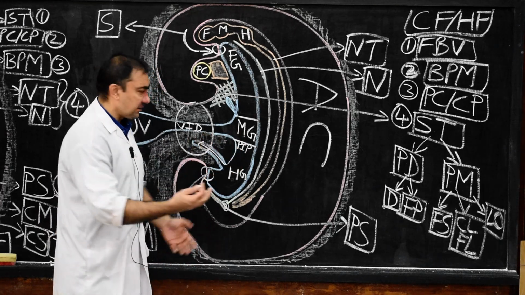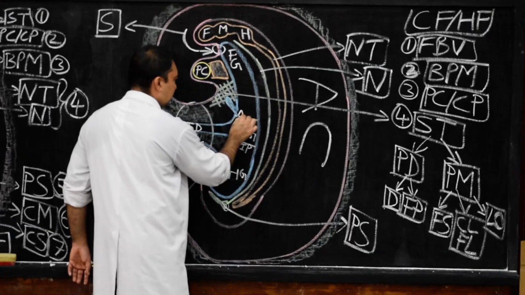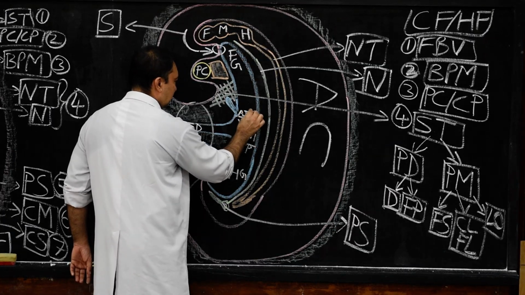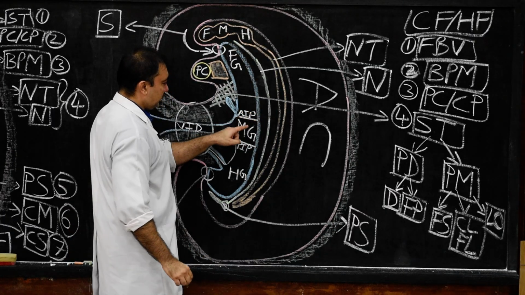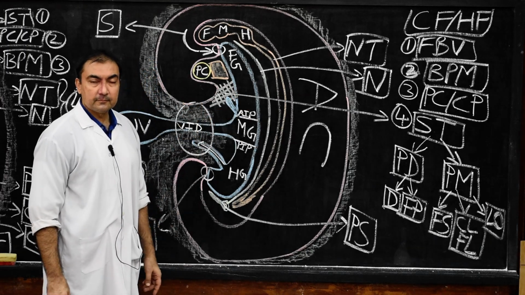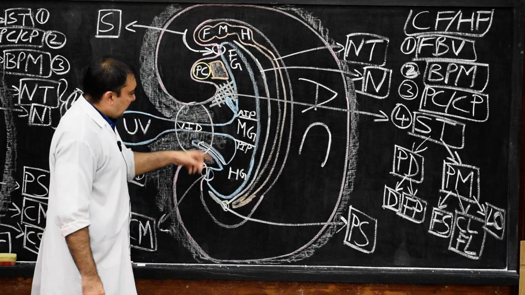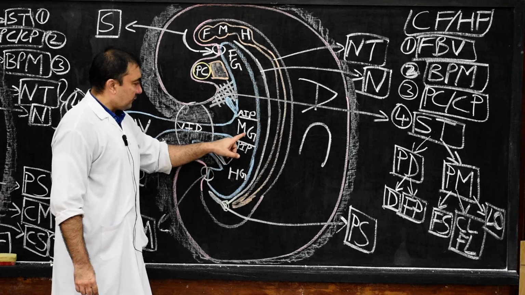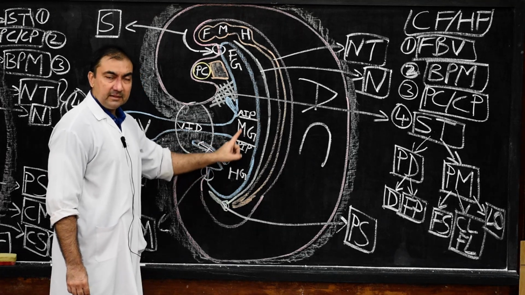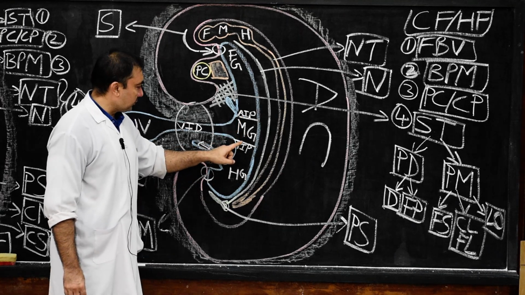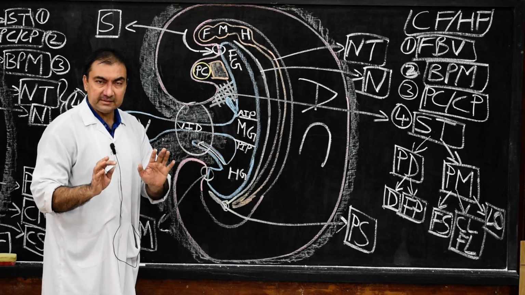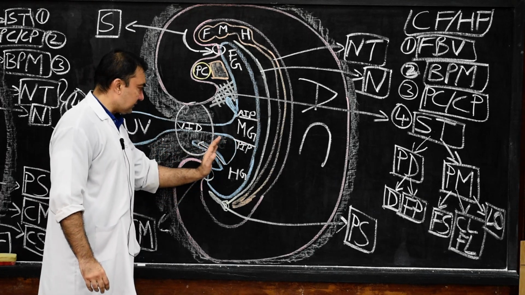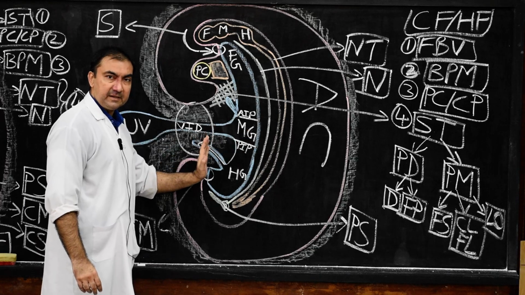Where is the anterior intestinal portal? This is the anterior intestinal portal which will separate midgut from foregut. Therefore, the hind gut will be continuous with midgut in the cephalic direction through the posterior intestinal portal. Very simple. So we have finished the cephalic portion, we have finished the ventral portion.